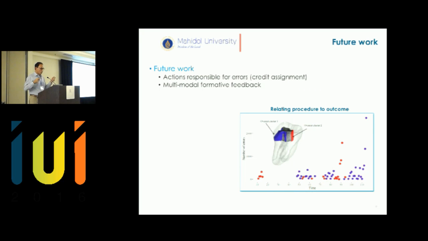Well, we're now working on the part where we correlate the procedure outcomes with the procedure. And this is basically a credit assignment problem, okay? And you see a little graph down there that shows errors over time. And what's interesting is that you can localize in space the error, but in the procedure it may have actually occurred, or the actions responsible may be in several parts of the procedure.